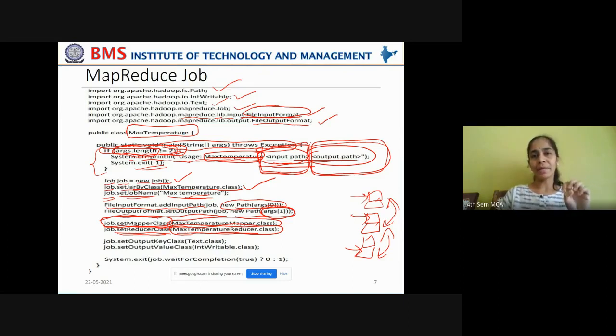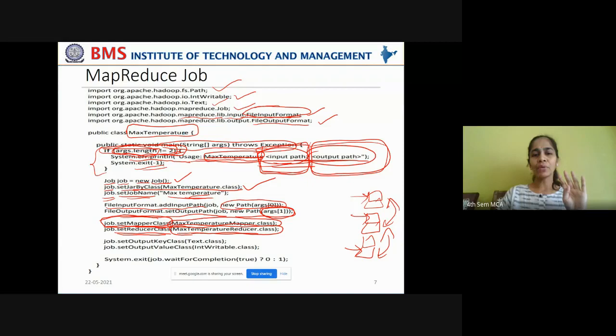Now what does the job contain? It contains the file input path, the mapper class, the reducer class, and the output file path to which the result has to be written. Is it very clear, students, now? The job contains 4 components now. The input file path from which the data has to be read for processing, the mapper class in order to perform the map task, the reducer class in order to perform the reduce task, in order to consolidate the result, and finally the output file path to which the result has to be written.